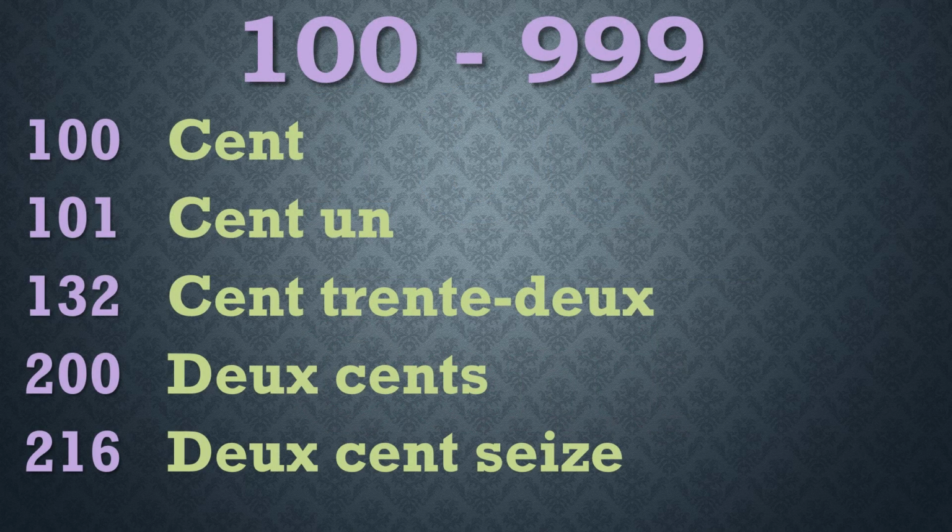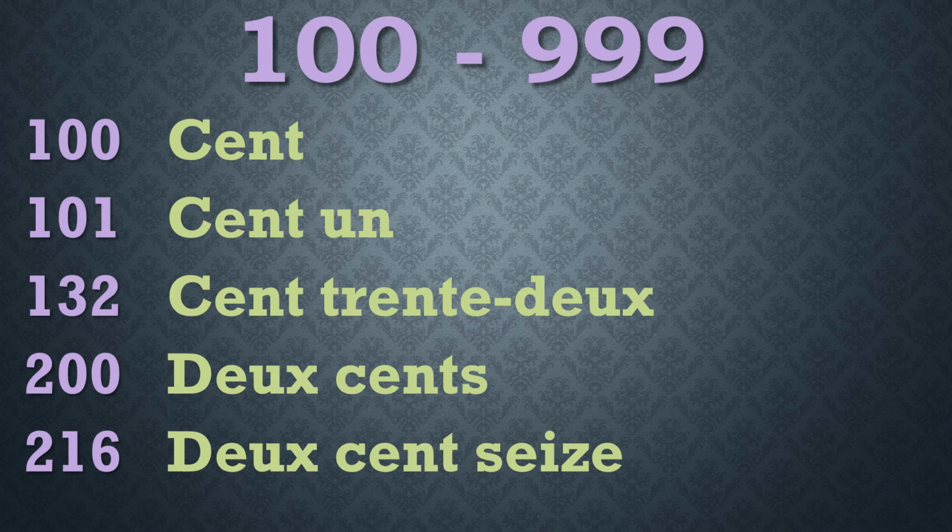So here we have various numbers ranging from 100 and above. So again, 100 is cent. 101 is cent un. Again, no et needed, just cent un. From there, we just put our numbers together the same way we do in English. So 132, for example, is cent trente-deux. 200 is deux cents, literally two hundreds. 216 is deux cent seize, literally two hundred sixteen. Now in English we can say two hundred and sixteen, but in French there's no et after the hundreds, so we just say